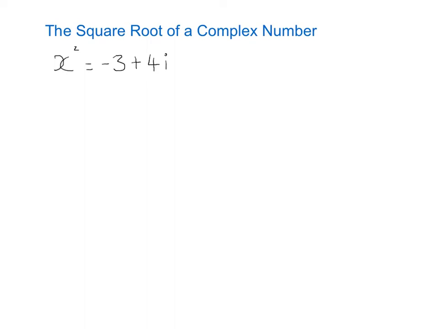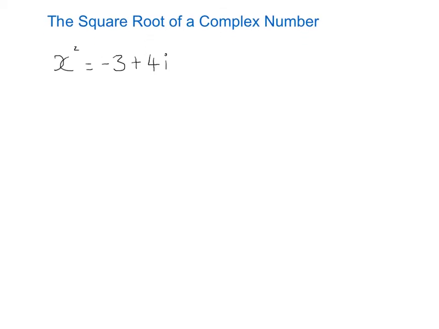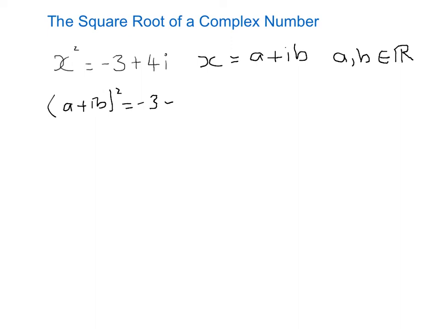In this final example, I'm going to show you how to solve the equation x squared equals minus 3 plus 4i. Now clearly the answer is going to be a complex number, so what we do is we start by putting in x equals a plus ib, and we just want to find out what a and b are. a and b are going to be real numbers, and this is the notation for saying something is a real number. So if we substitute that into our equation, we have a plus ib squared equals minus 3 plus 4i,